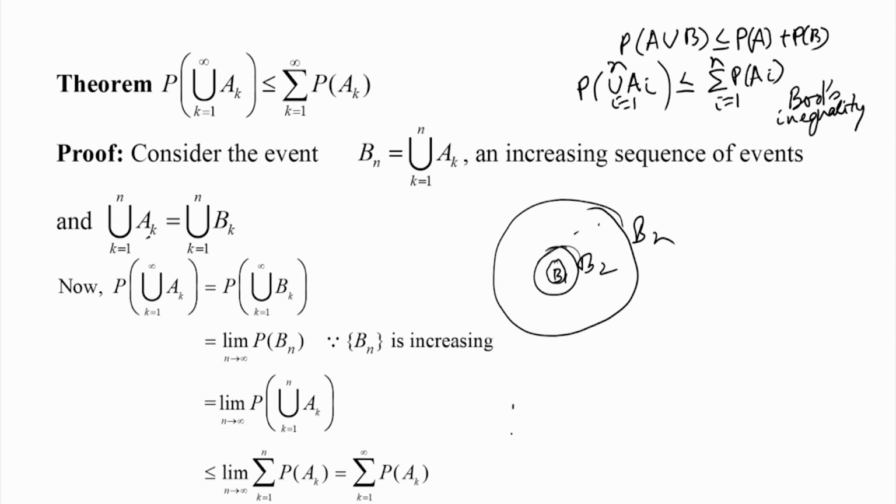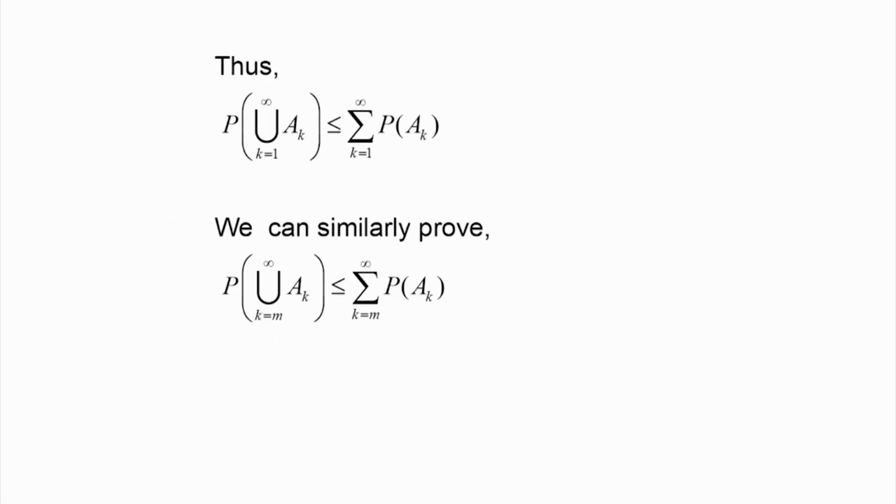So what we have established: the probability of the union of A_k, k going from 1 to infinity, this countably infinite union, is less than or equal to the infinite sum of the individual probabilities, k equal to 1 to infinity. So this result we have established. We can also show, in a similar way, this result. Here it is k going from 1 to infinity, but we can start with any